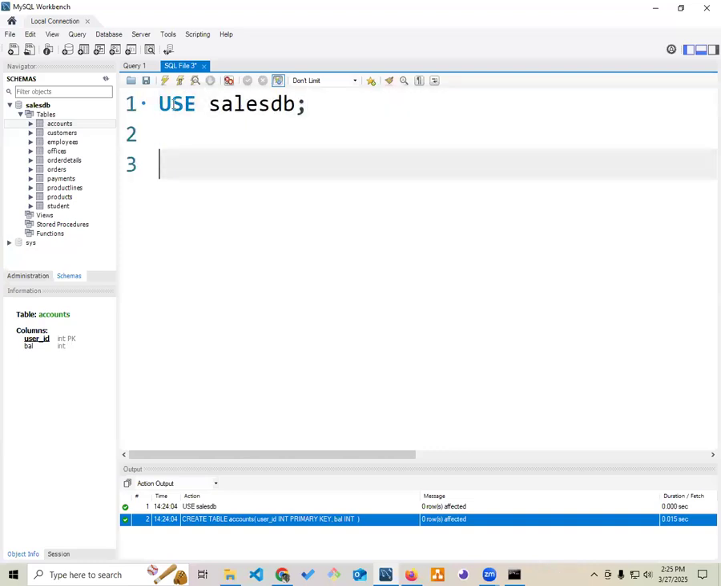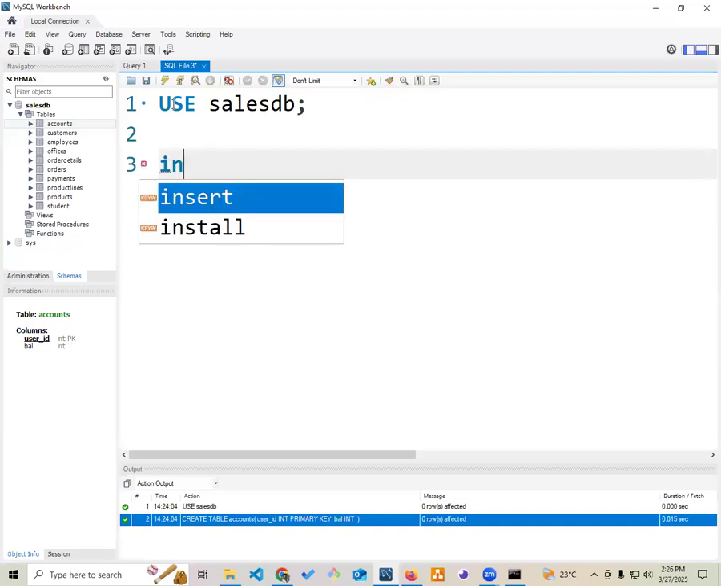Now let's go to the next slide. So, insert into. What do we write? Insert data. Currently our table is empty, so we want to insert some data. And to do that, we write insert